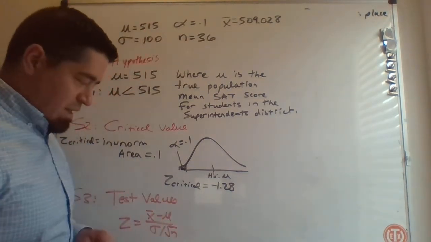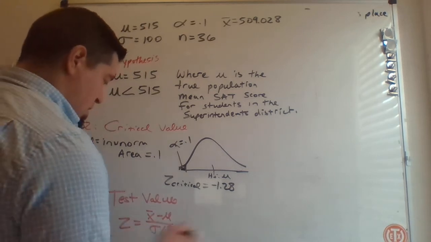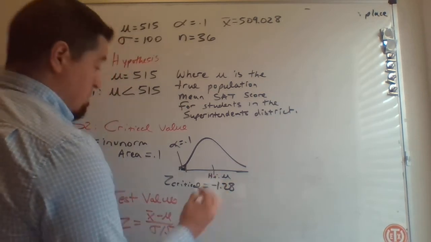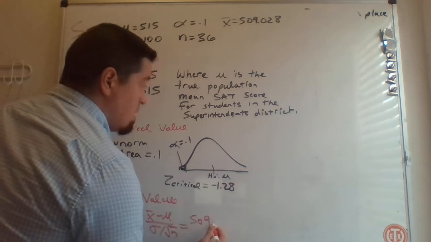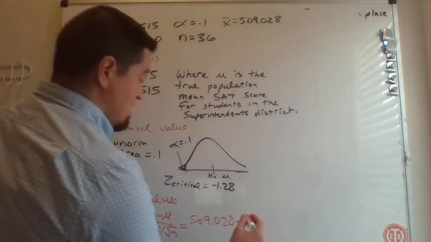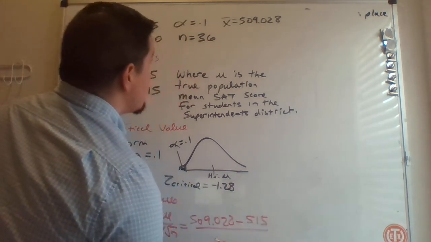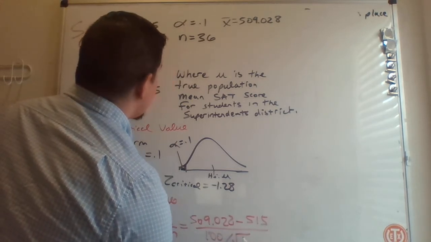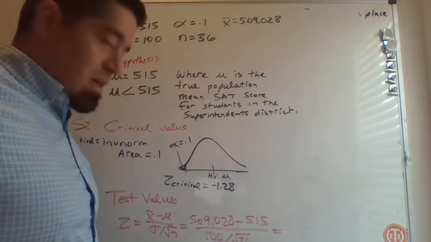Okay, so if I input this, I'm going to get, we know x bar is 509. Remember, that's what we did from our list of data, and we put it in the calculator and did 1-var stats, minus 515 over the standard deviation of 100 divided by the square root of 36. Input that into a calculator, and you're going to get